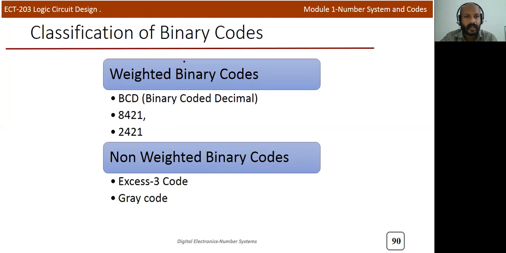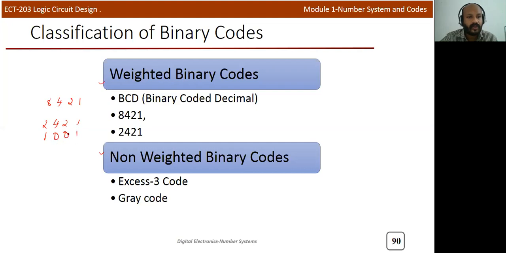We'll start from here. This is the classification of binary codes. Mainly the binary codes are divided into weighted binary codes and non-weighted binary codes. Weighted binary codes, some examples are BCD 8421 and 2421 codes. These two, 8421 and 2421, the values actually represent the weights of the corresponding bit positions. So in the normal case, in binary, we write 1, 2, 4, 8 as the weights. And 2, 4, 2, 1 means the weights of the binary sequence. For example, 1, 0, 0, 1.